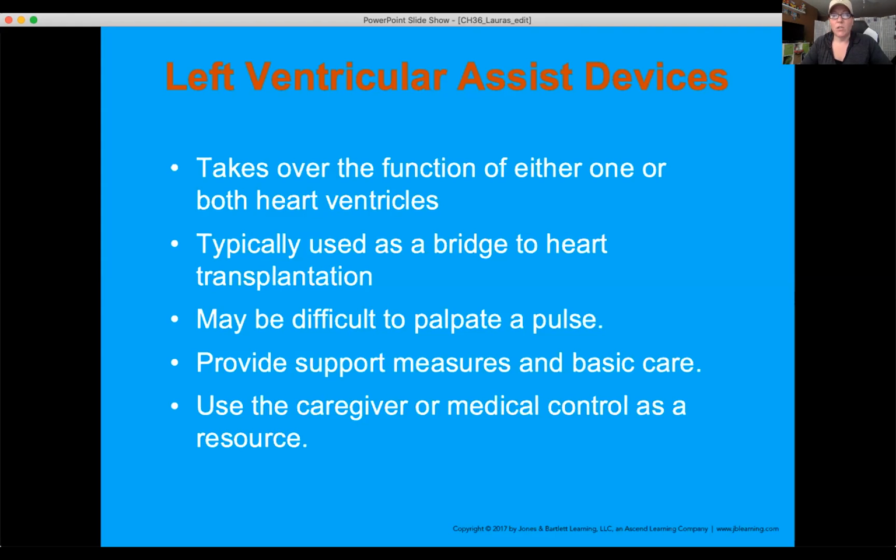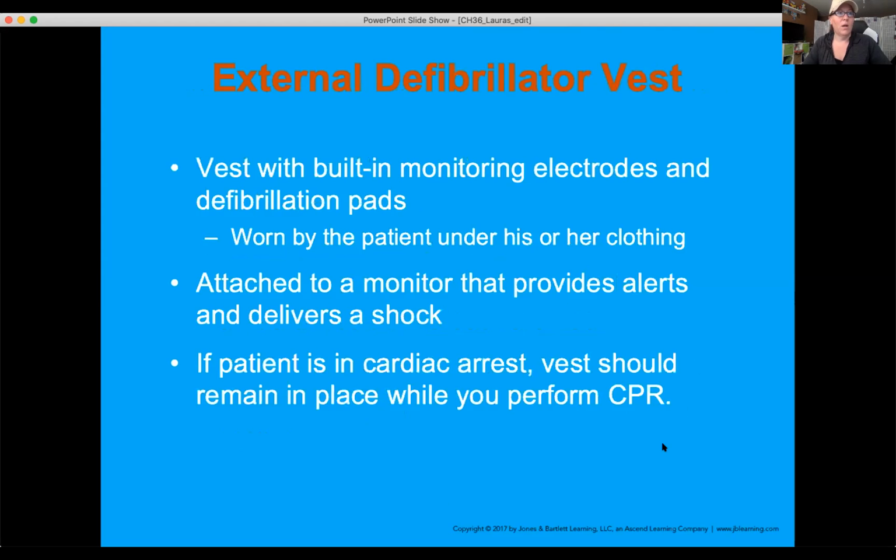If we're transporting the patient though and they have an LVAD, all you need to do is take the LVAD with you, short of in the cardiac arrest. I will be putting a video into the drive about EMS and LVADs, and some of the case studies and research that's gone into LVADs and cardiac arrest and what we do.